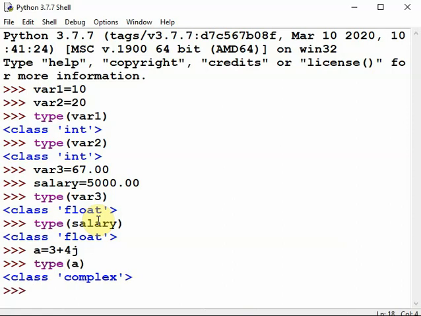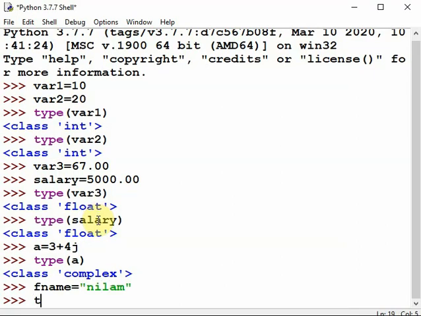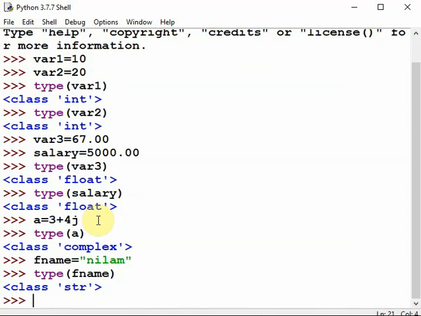So next we will see the string. First name equal to 'Neelam' in single quotes, then type f name, enter. Okay. Now the next data type is list. You know that a list is a sequence of atoms enclosed in square brackets.